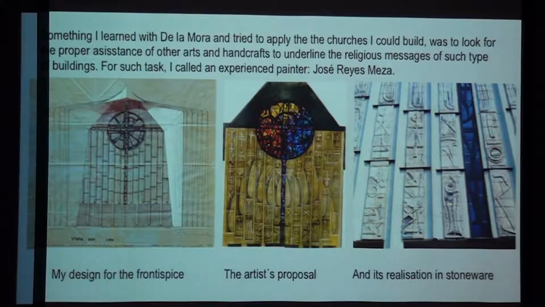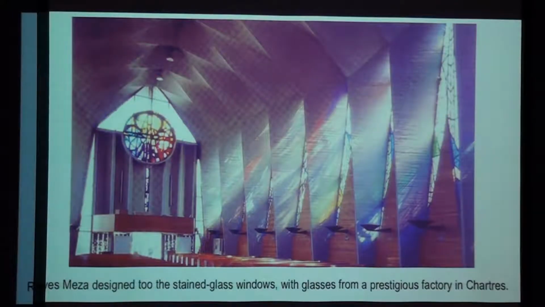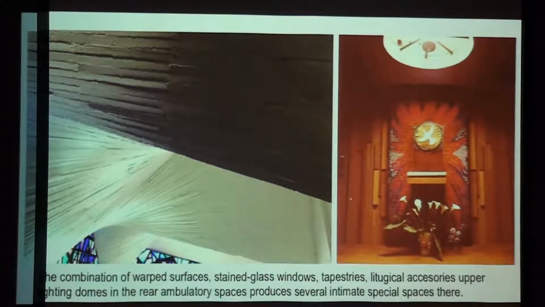The artist's proposal was that, and its realization was in stoneware, and also the stained glass window there. Next one. Reyes Mesa designed two stained glass windows on the sides with glass from the prestigious factory in Chartres, imported glass. Next one. The combination of wall surfaces, stained glass windows, tapestries, liturgical accessories, upper lighting domes in the rear and